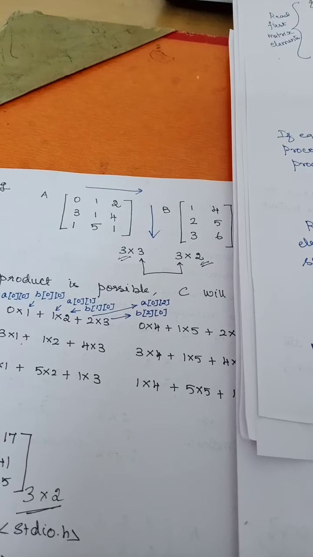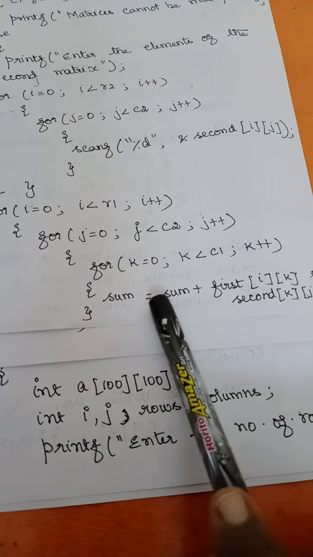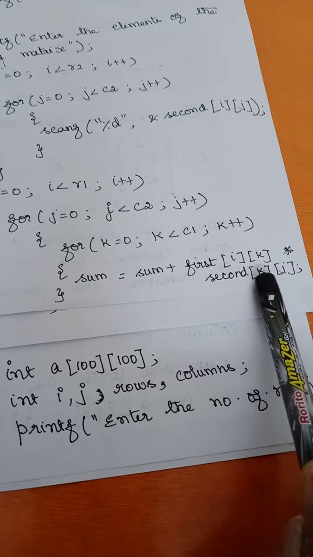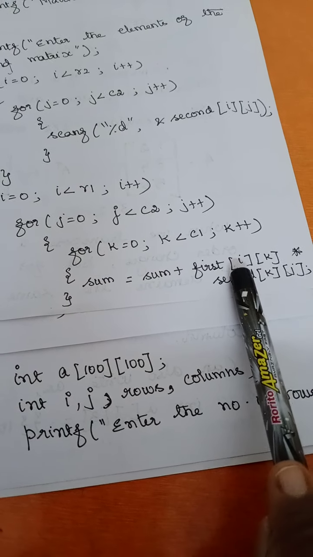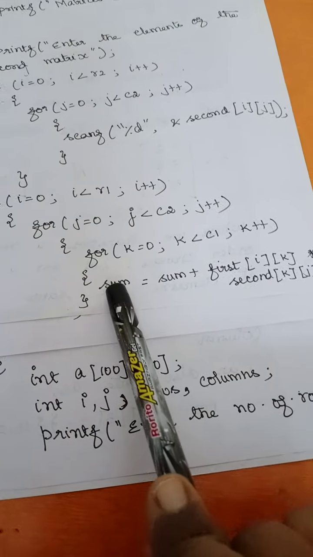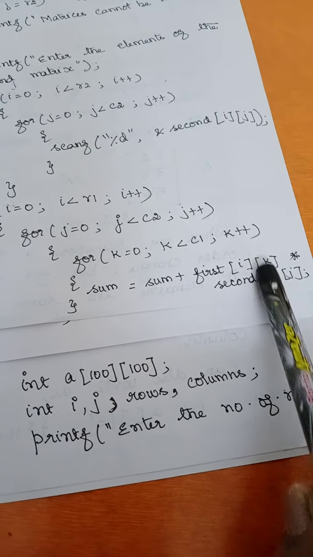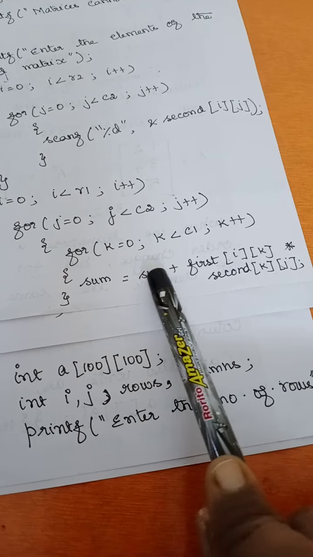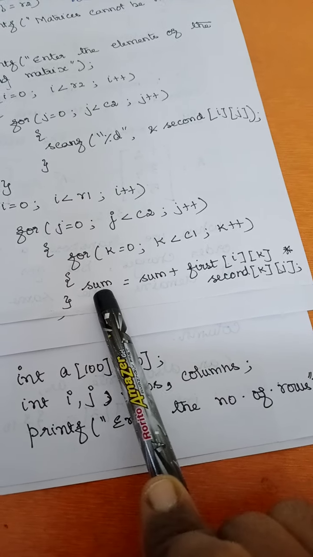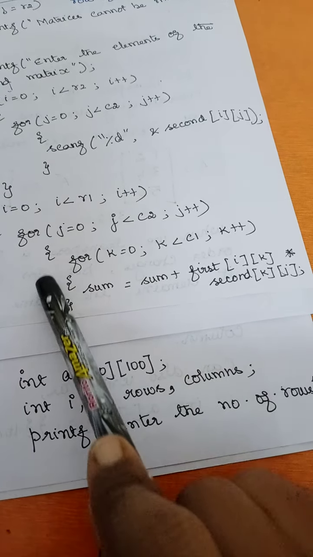So first time I will do the multiplication, and with the sum I have added. So sum is equal to sum plus this thing, right? Now I will have the addition in my sum, right? That means 0 into 1. 0 into 1 plus 0, that will be present here, right? Next again I will move here.